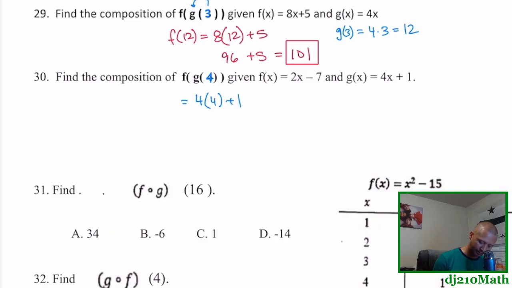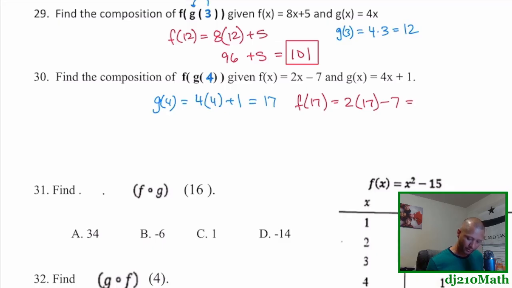That's what G is when you plug in 4. 4 times 4 is 16, plus 1 is 17. Now, 17 is my new input. Where's it going? It's going inside of F. So F of 17, because that's the input. This is going to be 2 times 17 minus 7. So 2 times 17, 34, minus 7,